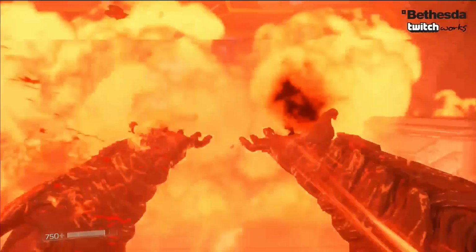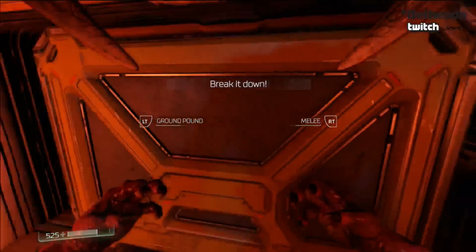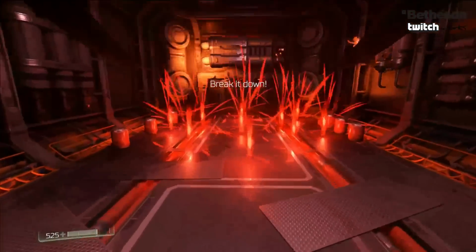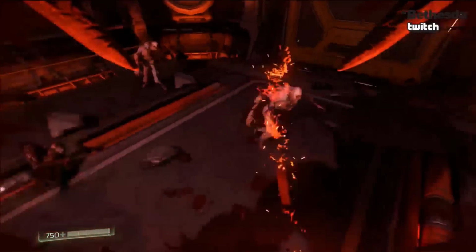All right, so boom. So you turn myself into a demon. Right, and now he's done all these crazy explosions. Break it down. He wants me to... Oh, so that's similar to logic we saw you do before with the barrels and the barrier. Exactly. So upon hitting this...